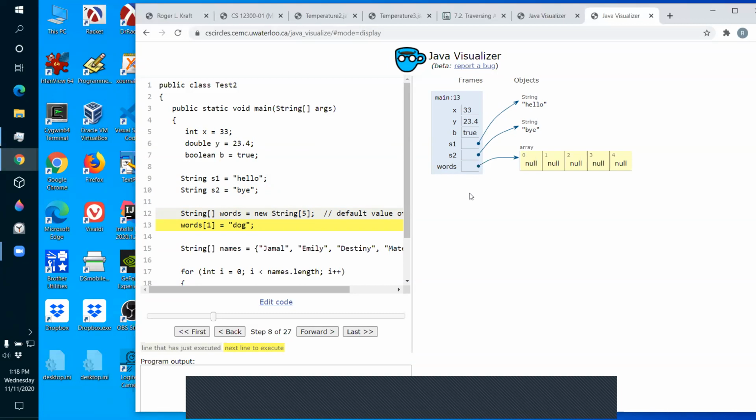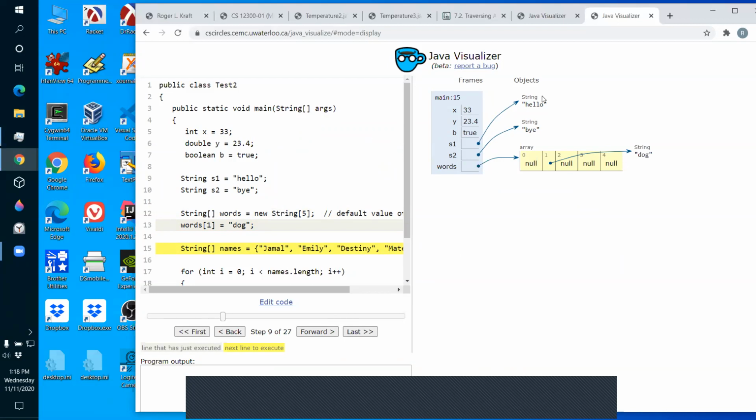What's interesting is that since strings are reference variables, an array of strings is an array of reference variables. Look where the string should be.